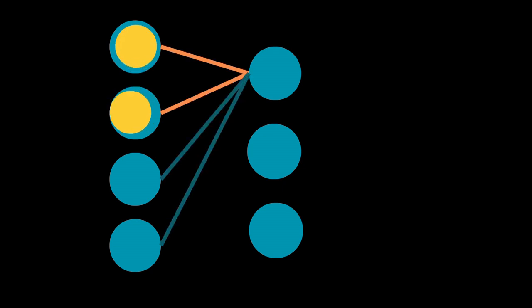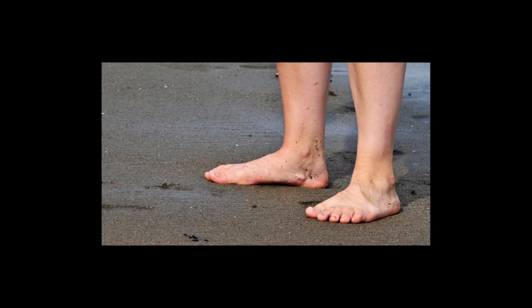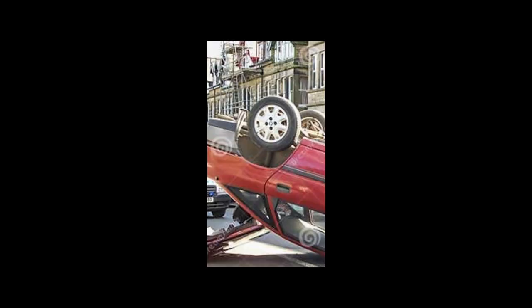If a feature excites neurons in a later layer, it makes it more likely that that neuron will be active, and if it inhibits it, it makes it less likely to be active. If you want to detect a car, seeing wheels makes it more likely, and seeing bare feet makes it less likely. It is, however, a little bit more complex than just there are wheels present and there are no bare feet. Usually an image of a car does not have wheels in the highest section of the image, for example. So, seeing wheels in the upper part of an image might inhibit the car detection.